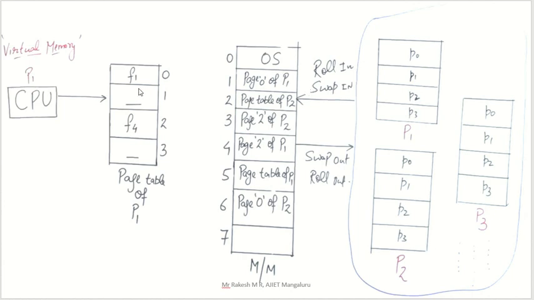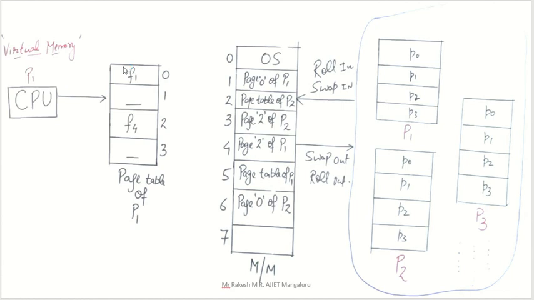Now first consider the CPU asks for some page. That asking is through a logical address. The logical address contains the page number and the offset within the page, which is sent toward memory. But memory has physical addresses, while the CPU sends a logical address. In order to convert, for that purpose we use a memory management unit.